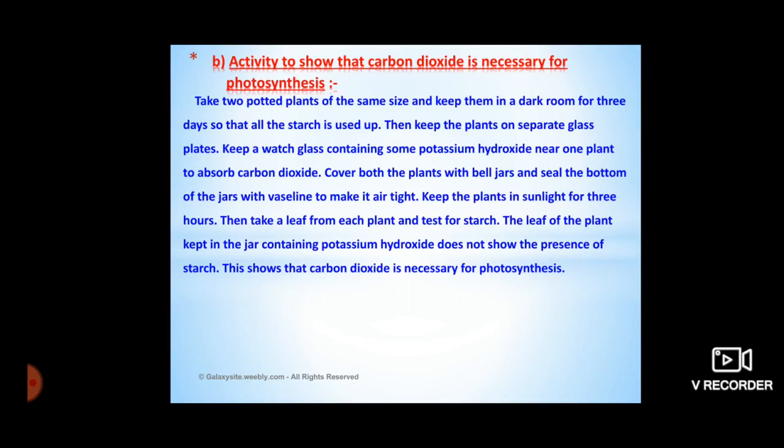So cover it. Whatever two plants we have taken for the experiment, we have to choose one plant. For that one plant we keep the potassium hydroxide solution in one pot, cover it with a bell jar and seal the bottom of the jar with Vaseline and make it airtight, which means after keeping the potassium hydroxide solution near one pot of a plant,